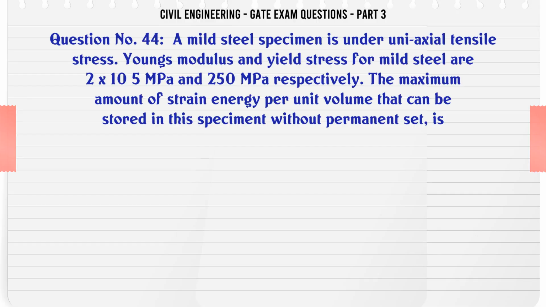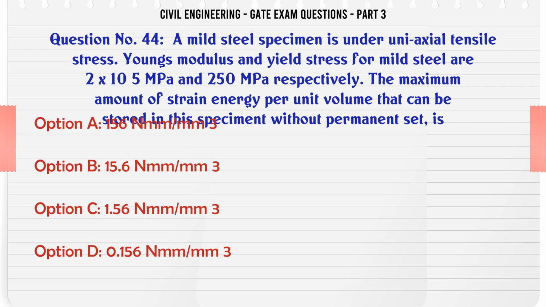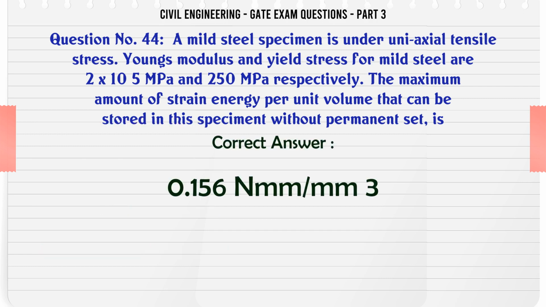A mild steel specimen is under uni-axial tensile stress. Young's modulus and yield stress for mild steel are 2×10⁵ MPa and 250 MPa respectively. The maximum amount of strain energy per unit volume that can be stored in this specimen without permanent set is: A. 156 Nmm/mm³, B. 15.6 Nmm/mm³, C. 1.56 Nmm/mm³, D. 0.156 Nmm/mm³. The correct answer is